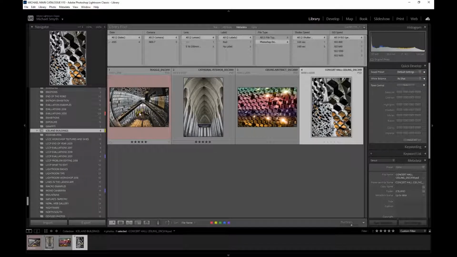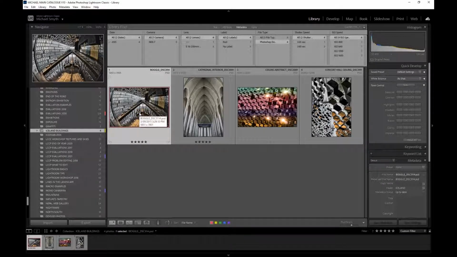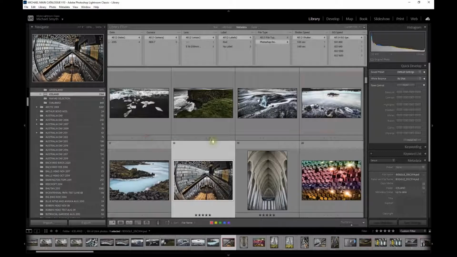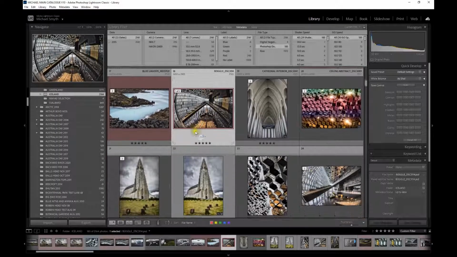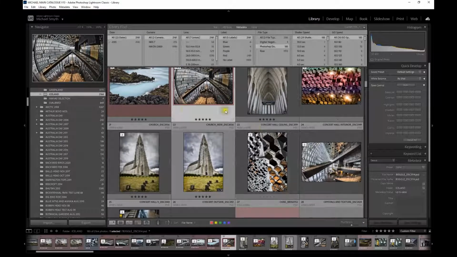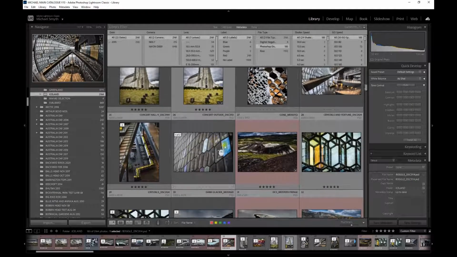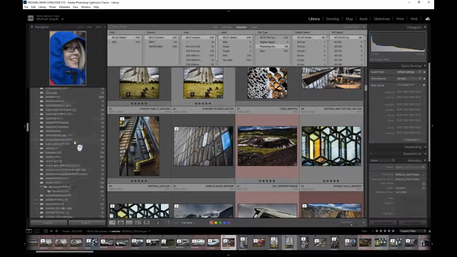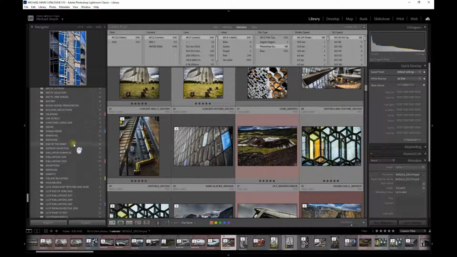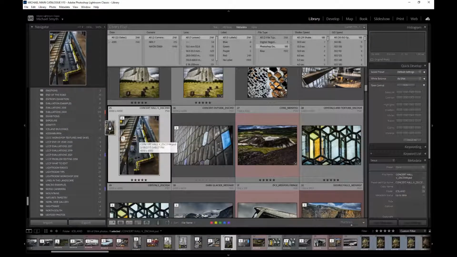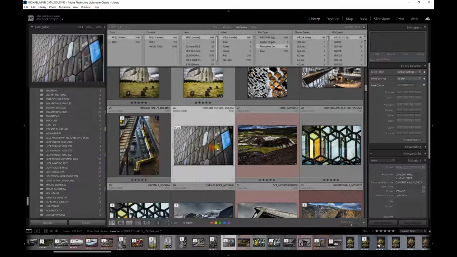Now the beauty of this is I can access the photograph here, or if I want to go back to my folder, if I right mouse click on the thumbnail and select go to the folder in library, I can see the same image in its folder in the library, and it is the same image. It's just a different way of referencing that image. And so let's just say we go through and we want to select a few more. Just make sure on the left hand side we've come back down to our collection, and we can just simply drag and drop. Here's my yellow label, I can see that quite clearly, and so I can just drag and drop and make my collection